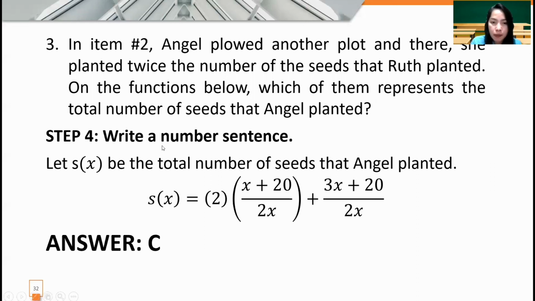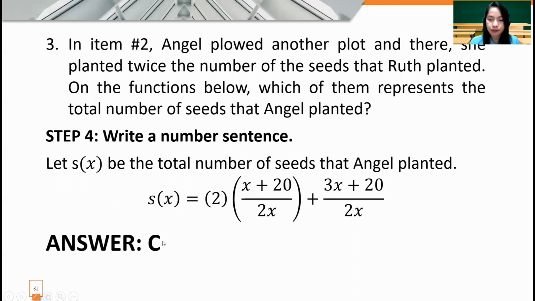So, that will be represented as 2 times the quantity x plus 20 all over 2x. And that will be added to 3x plus 20 all over 2x, ito ay yung number of seeds na tinanim naman ni Angel dun sa first plot. So, ang tinatanong is total number of seeds that Angel planted. So, ito yung function notation. The answer is